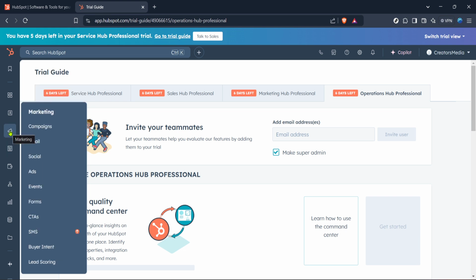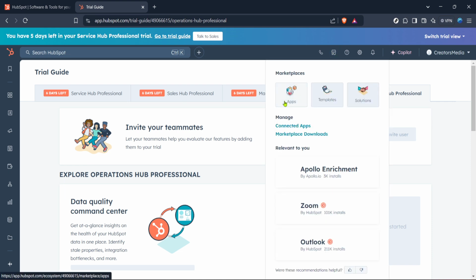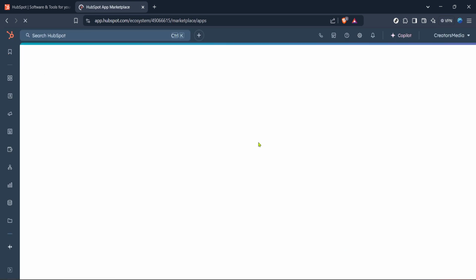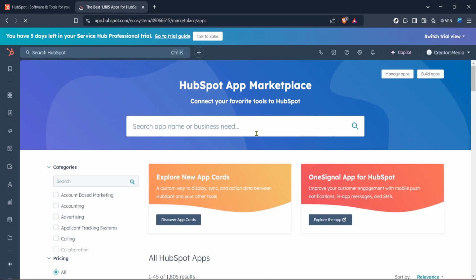This is where you can browse and search for different applications that can integrate with HubSpot. In the search bar, type in Microsoft Excel and hit enter. This should pull up a list of results related to Excel integrations. Browse through these results a bit until you find the Excel integration option specifically. Once you have located the Excel integration option, click on it. This will lead you to the app's details page where you can get more information about what this integration entails.